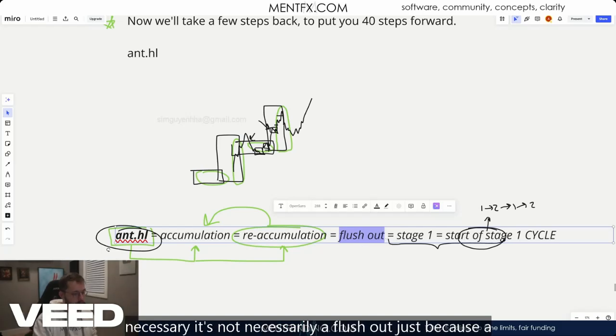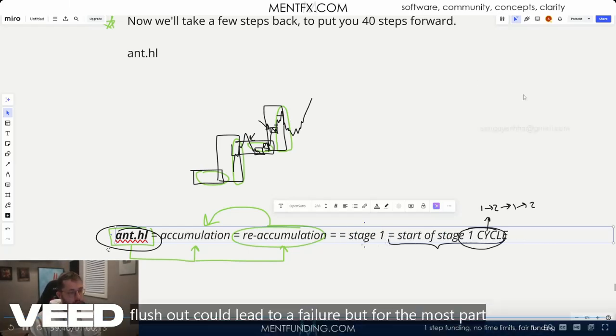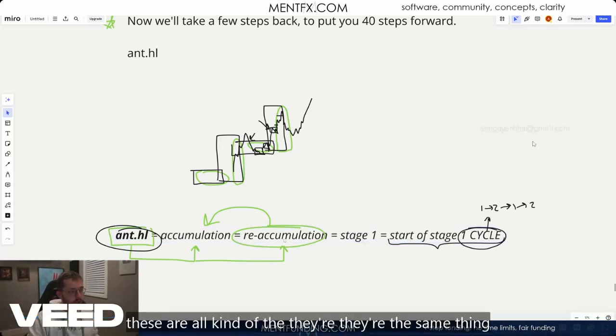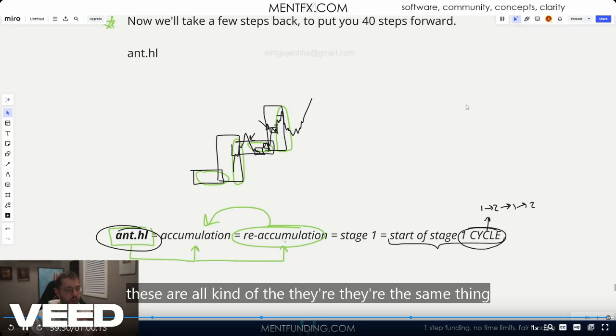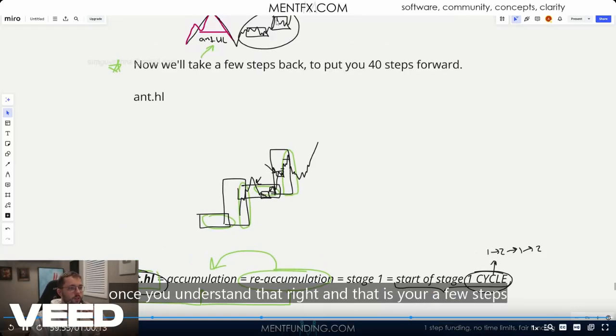Now that's not necessarily a flush out, just because a flush out could lead to a failure. But for the most part, these are all the same thing once you understand that, right? And that is a few steps back to put you 40 steps forward for you to start recognizing